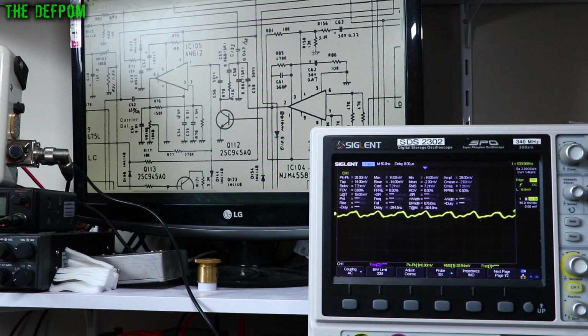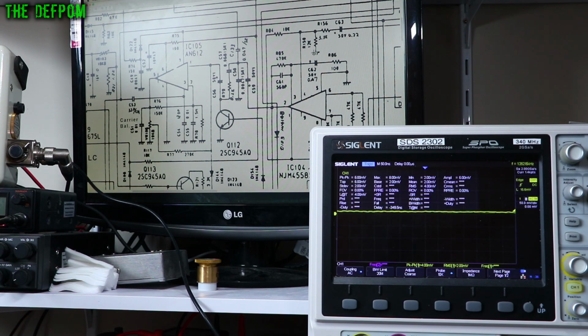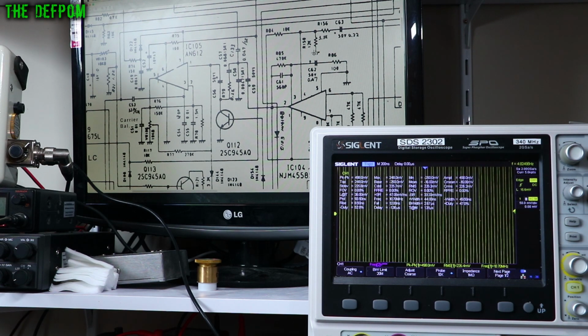SSB, you can see the IF coming out when the beep comes on, because I've got the beeps turned on. So there's the beep, doing the IF. Go to AM, did a beep on that one. You do see modulation there. Do kind of see something. It's very noisy though, right? FM, no problem at all, there's a carrier. And that's kind of what I expect to see on AM as well, but it's not there,